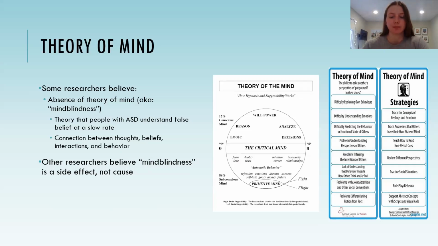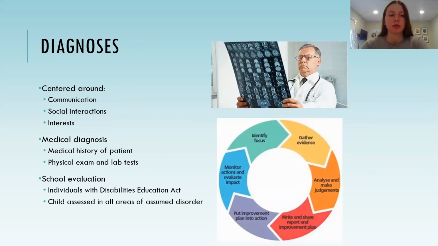There are many different types of diagnoses available to individuals to determine if they have ASD and where on the spectrum they may appear. A precise diagnosis must be centered around the individual's communication, social interactions, and his or her interests. A medical diagnosis requires a practitioner to assess the patient. A medical assessment includes a medical history of the mother's pregnancy, developmental milestones, coordination, eating and sleeping habits, any family history of disorders, a physical exam, and routine lab tests.